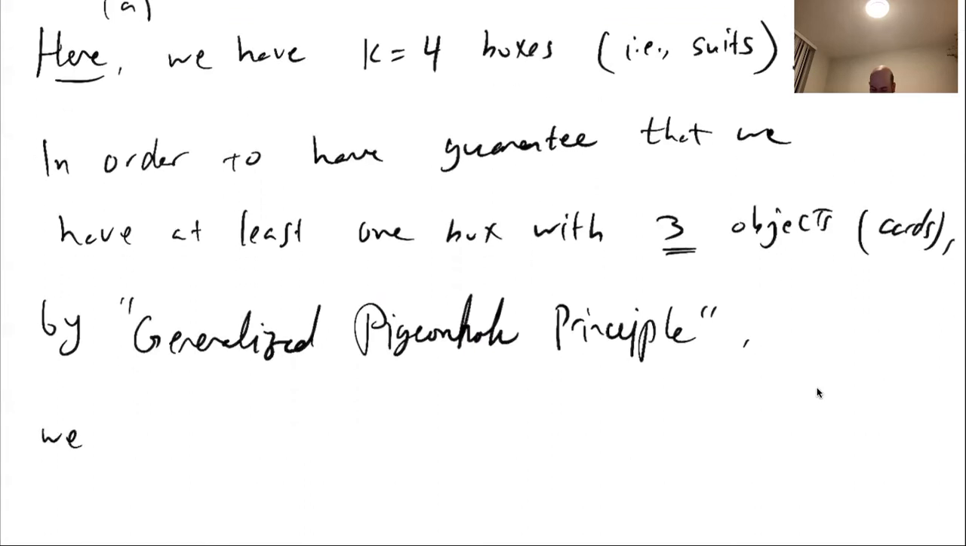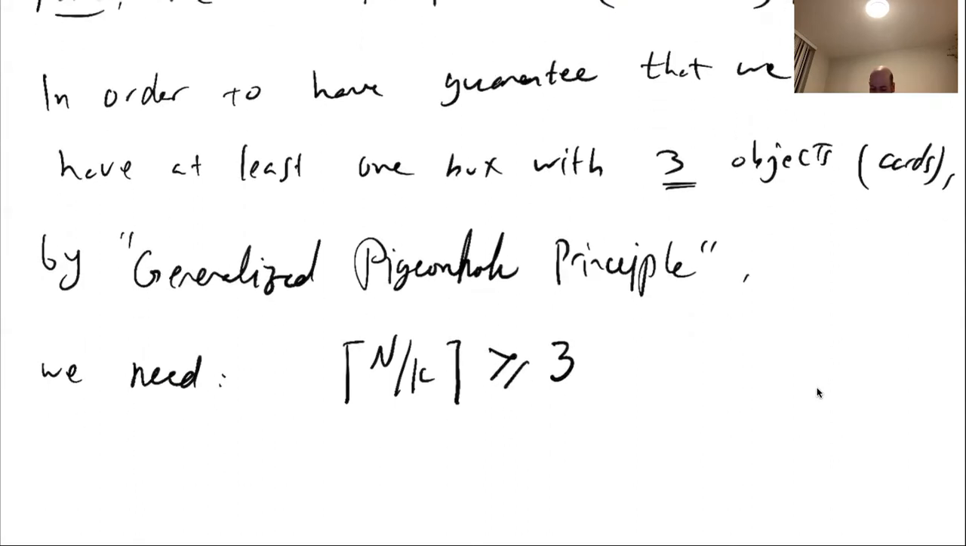We need to have, in order to have a guarantee that you have at least budget, we need ceiling of n over k to be bigger than or equal to 3, and k here is 4. Ceiling of n over 4 bigger than or equal to 3. So that will happen if n is